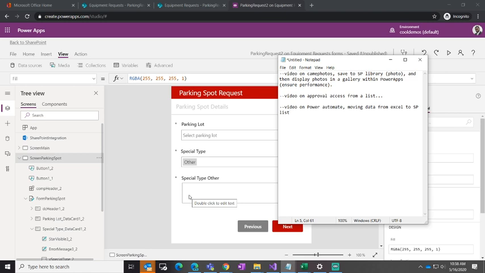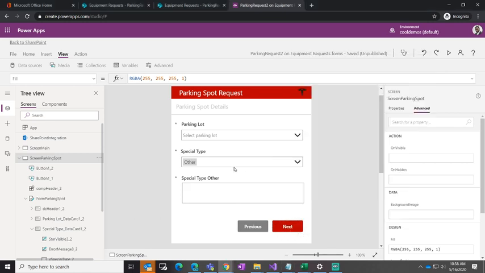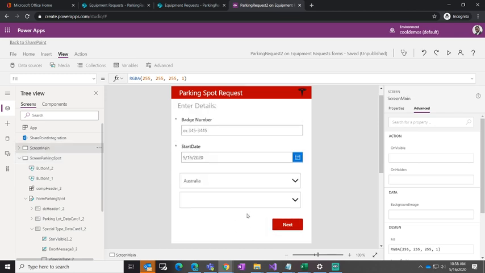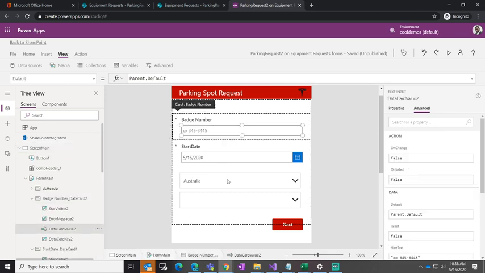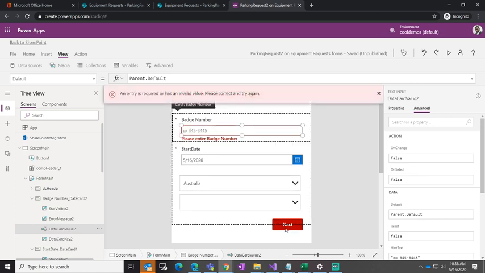Okay, so you had another question in the chat though. This one was, can you hide the next button and make it conditional to a previous question? Yeah, you can do that. So say for example, let's just make it up. Let's say if the badge number is less than a certain number, right? So what I want to do,